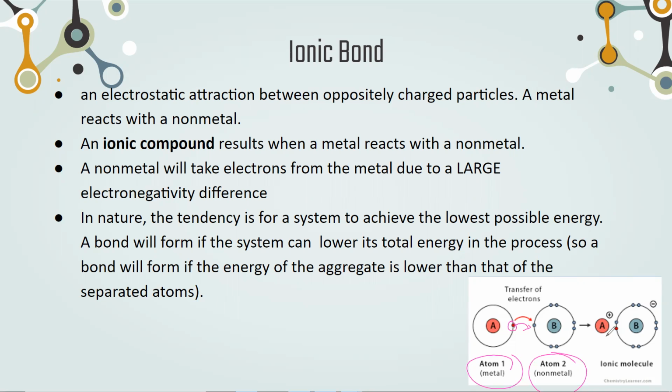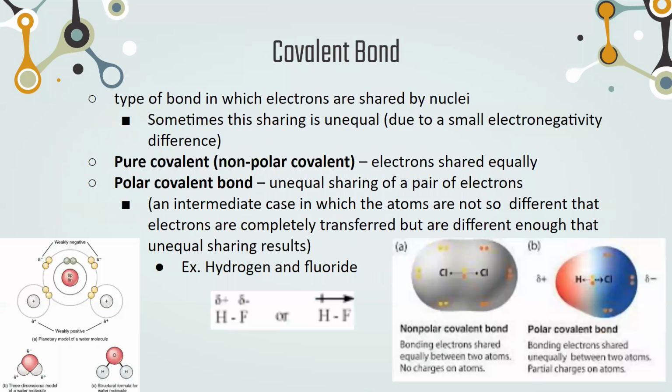So if you were to dump an ionic substance in water, which is polar, it would just yank those two pieces right apart and the thing would dissolve immediately. Because again, ionic bonds are fairly weak. Okay. Covalent bonds, on the other hand, are a much stronger bond than an ionic bond. And that's because instead of an electron transfer, we're seeing an electron share